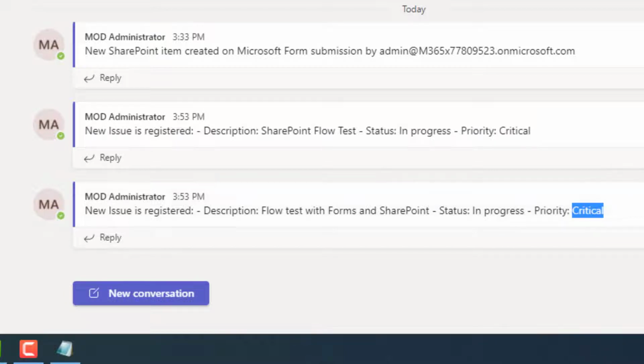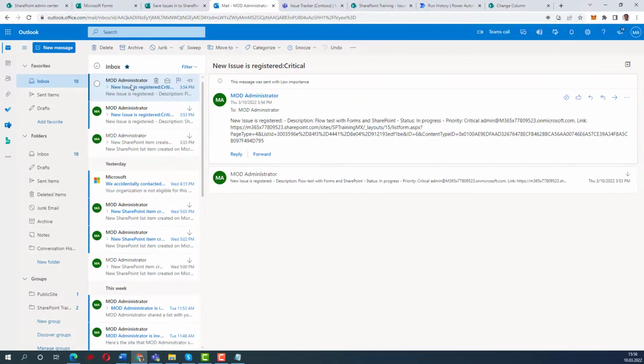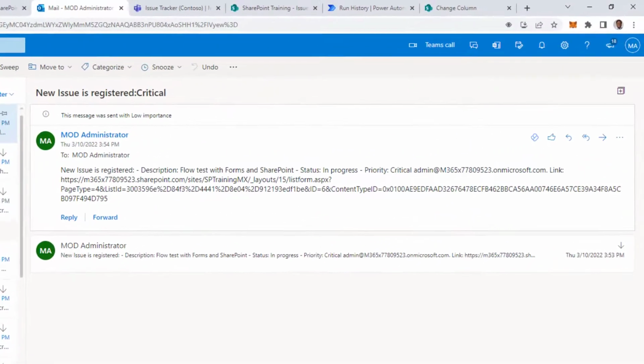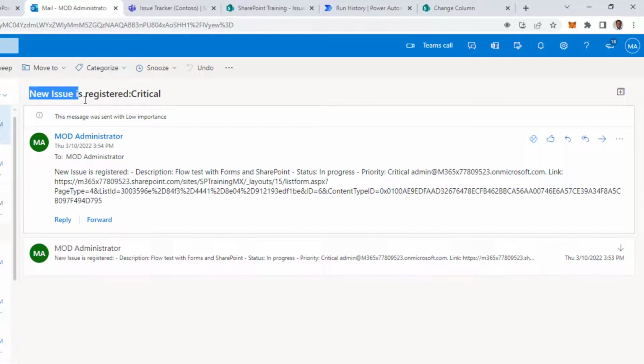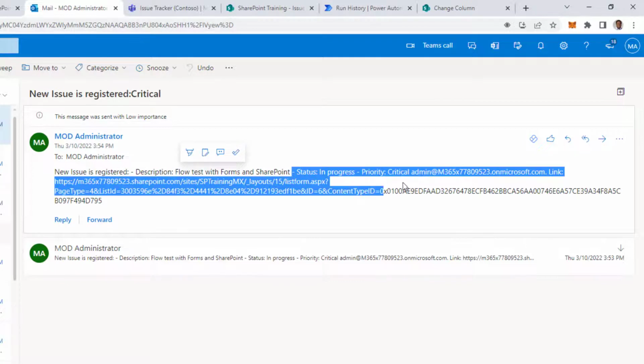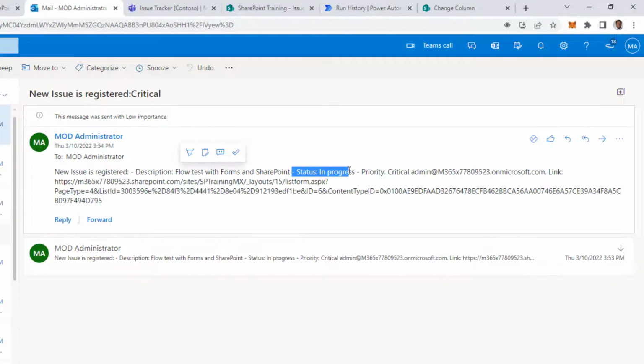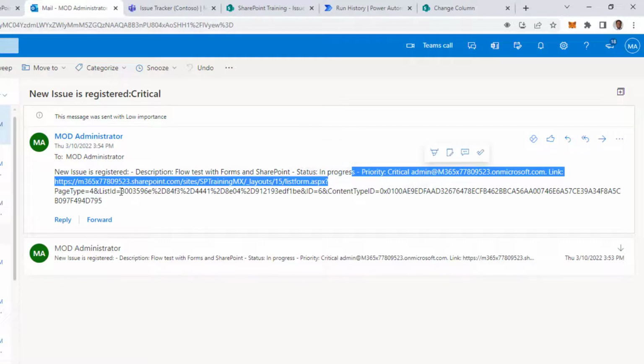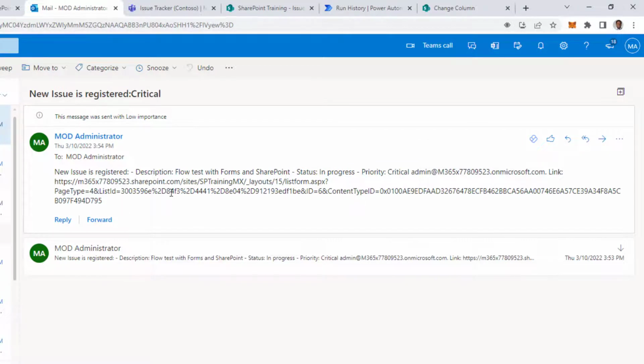Yes, now let us look into email. Then a new email is created here, and you see the title of the email is new item is registered with the status critical, yes, with the priority. And now we have the description here also, that a new item is created. We see here the description, the status and the priority. We can then improve the format of this message, but